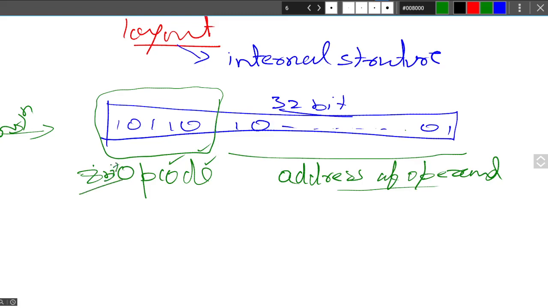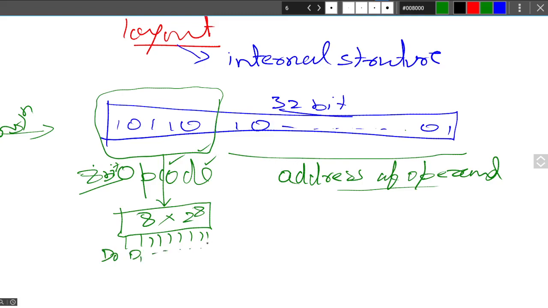what does it mean? If it is 8-bit, then it will have to be connected with a decoder. This decoder will transform these 8 bits into 2 to the power 8 outputs. Suppose I name them D0, D1, and so on up to D255.